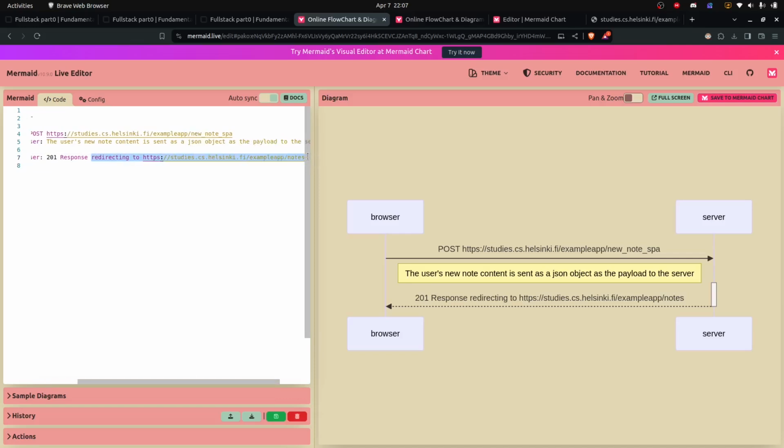And we can remove this since it doesn't do the redirection. And then make another note saying,